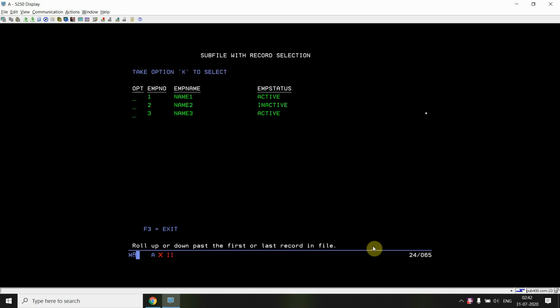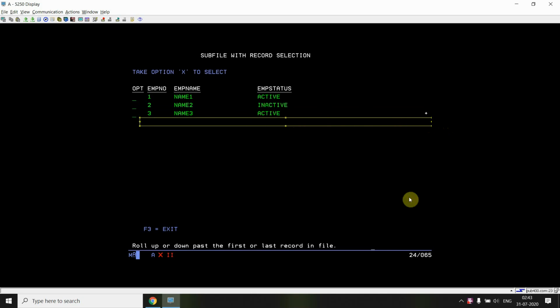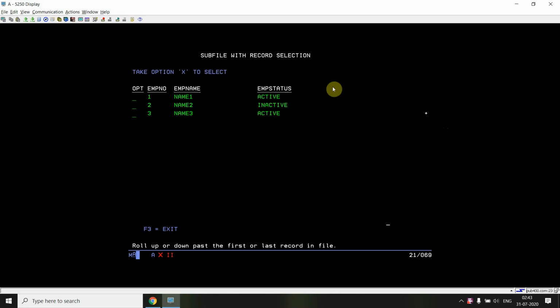Okay, so now the one difference you can see here is whenever you are using *MORE, you will be seeing that text in the next line after the last subfile record displayed on that page. But in case of plus, you are seeing that plus on the same record, the last loaded record. So this is one benefit with plus. So whenever you are having multiple active subfiles at a time, then you must choose plus.